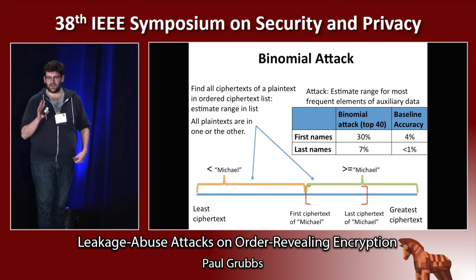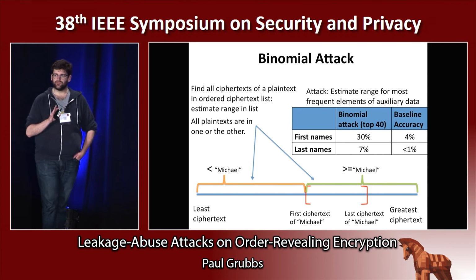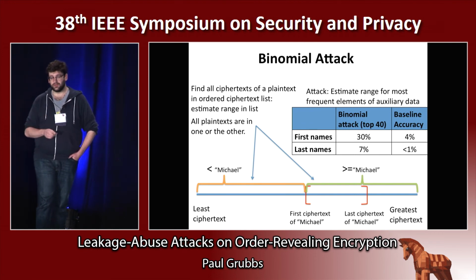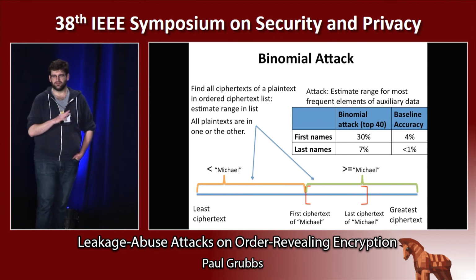So when we do the top 40 names, as I just described, for first names, we recover fully 30% of the values in the database on average. For last names, we recover about 7%. This seems a little meager, especially compared to the very exciting 99% from before, but it's interesting to think that